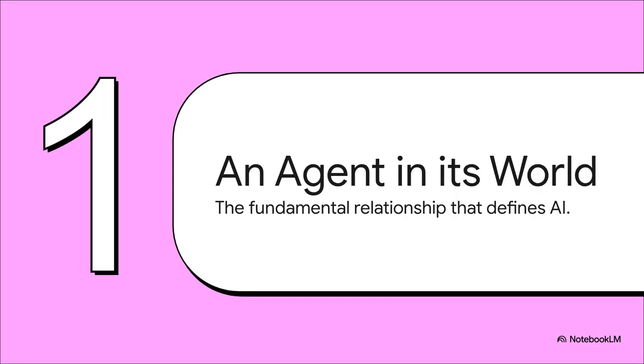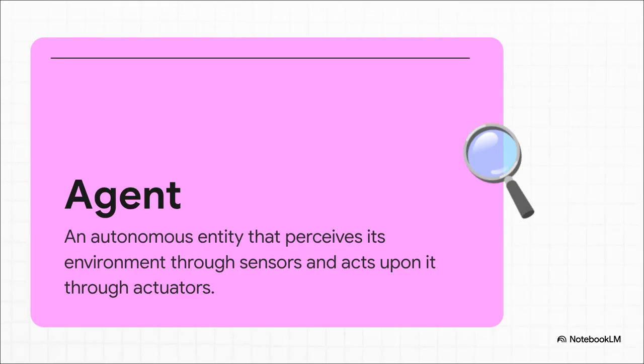At its core, any AI system you can think of, no matter how simple or complicated, comes down to this one fundamental relationship. First, you've got your agent. This is your doer. It could be a physical robot, sure, but it could also be the software running a self-driving car or even your home smart thermostat. You know, it's the thing that's trying to get something done.